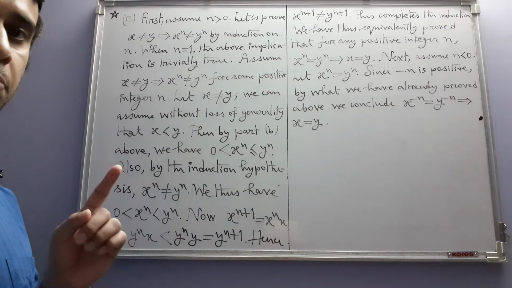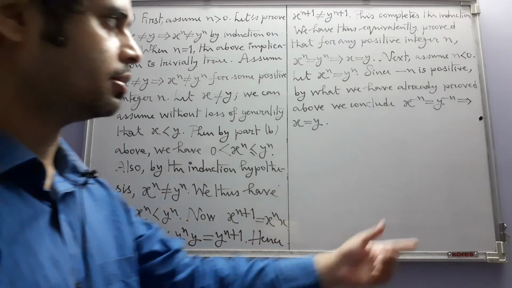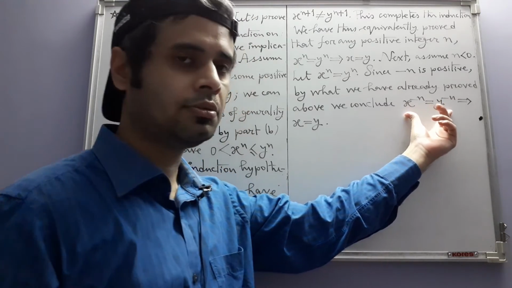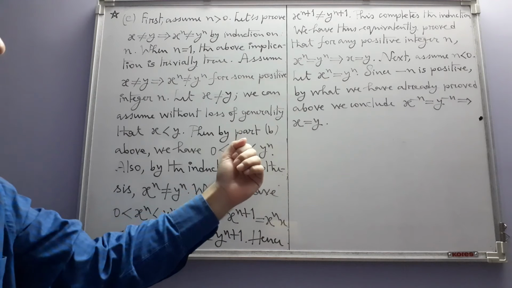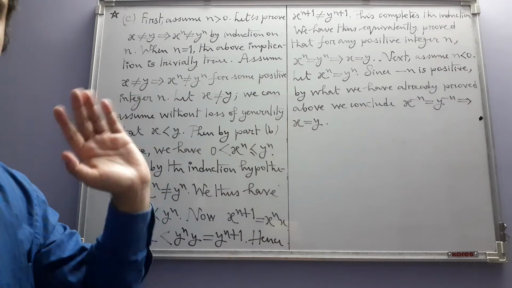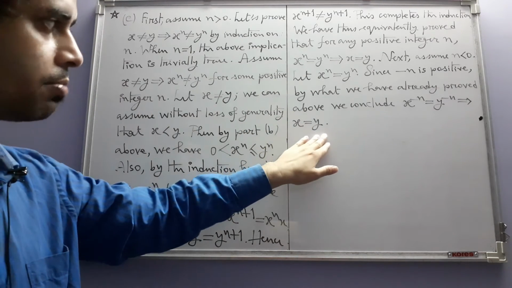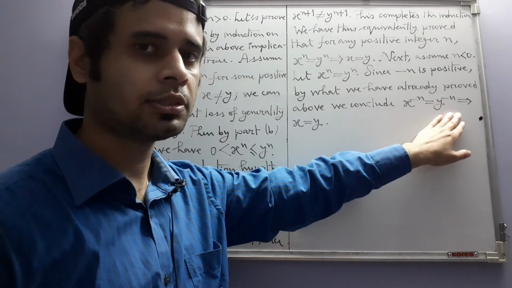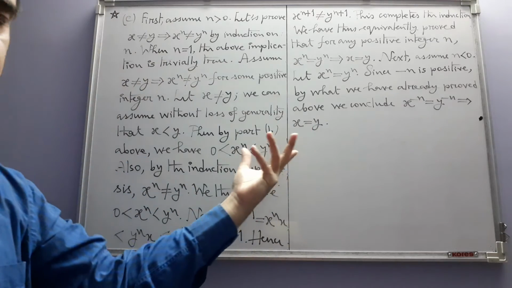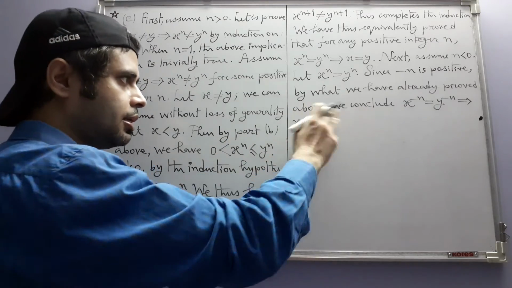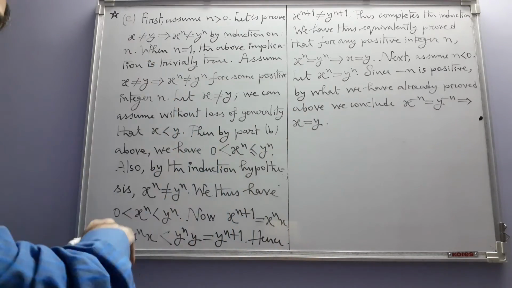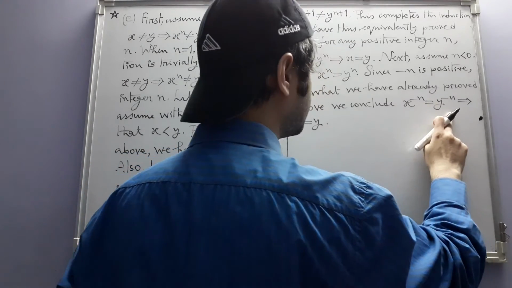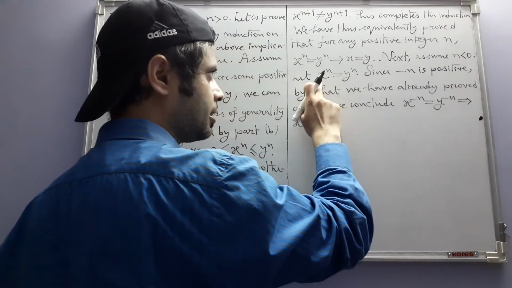Note that every implication is a conditional statement. It means if the hypothesis is true, then the conclusion is true. Now we need the conclusion. We need to prove that x is equal to y. So if we can now show that the hypothesis is true, then the conclusion follows from this implication, because the implication is true. We have already proved it before. Now, is this hypothesis true? Yes, the hypothesis is true, and that comes from here.